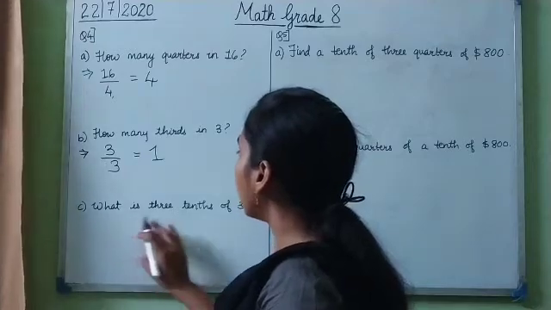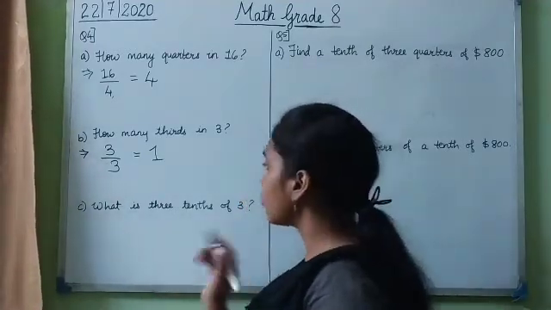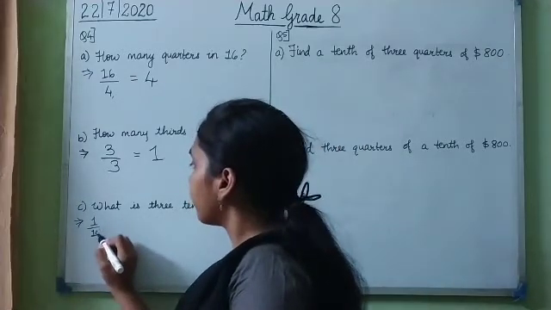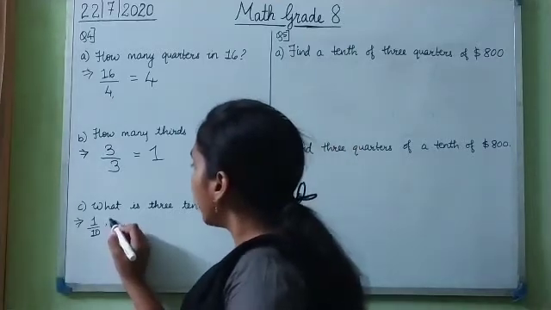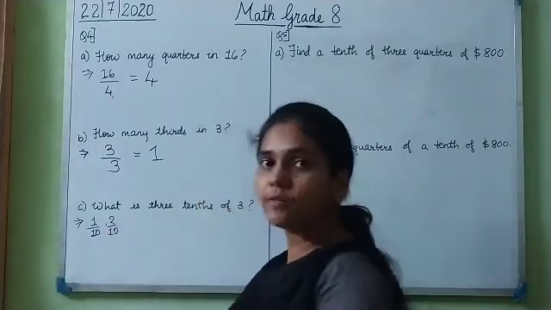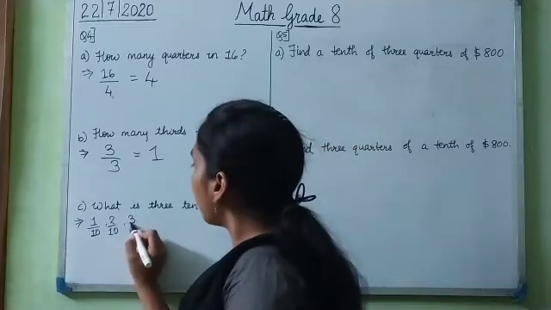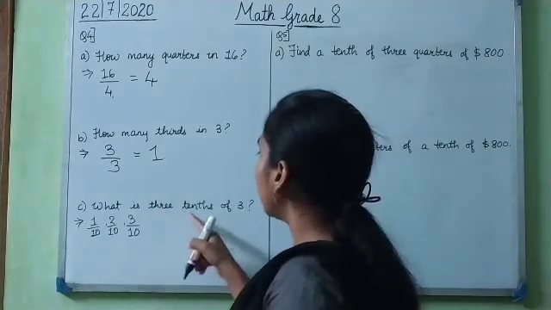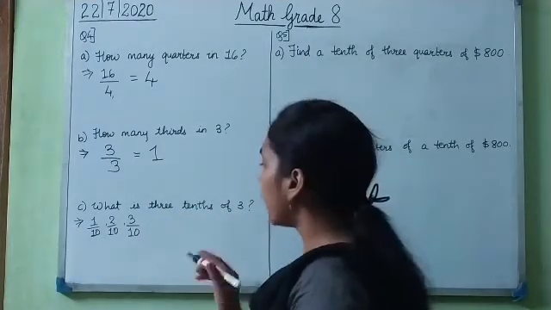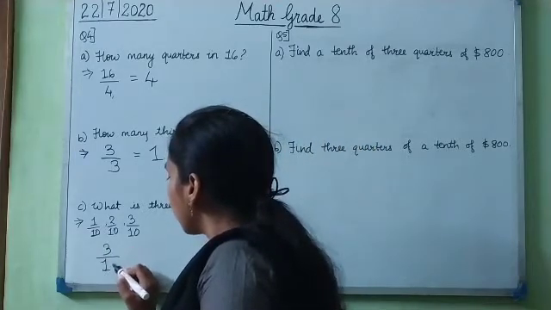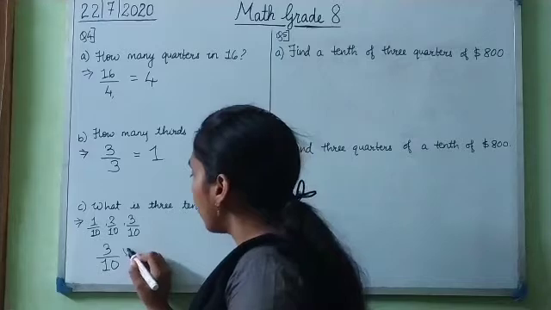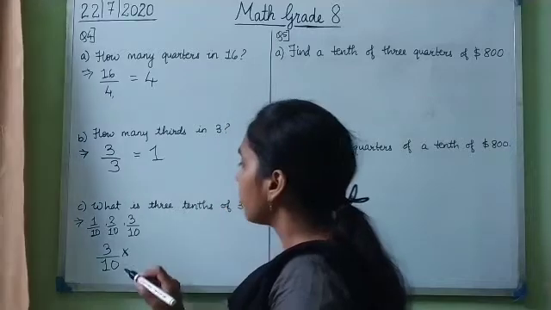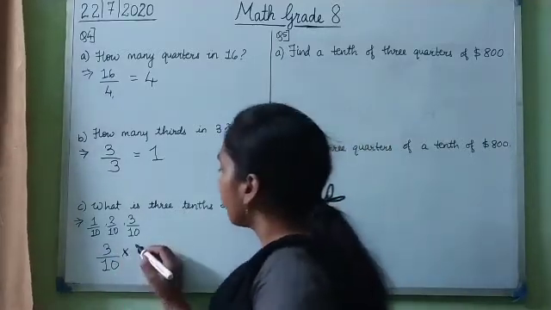Okay. Then the third, what is 3/10 of 3? 3/10 of 3 means what? When we write 1/10, it is 1 by 10. Okay. When we write 2/10, we write 2 by 10. And when we write 3/10, then it is 3 by 10. Okay. This is 3/10. So what is 3/10 of 3? So we have to find 3/10 of, and of means multiplication. Wherever there is an of in such sentences, we put a multiplication sign. So what is 3/10 of 3?